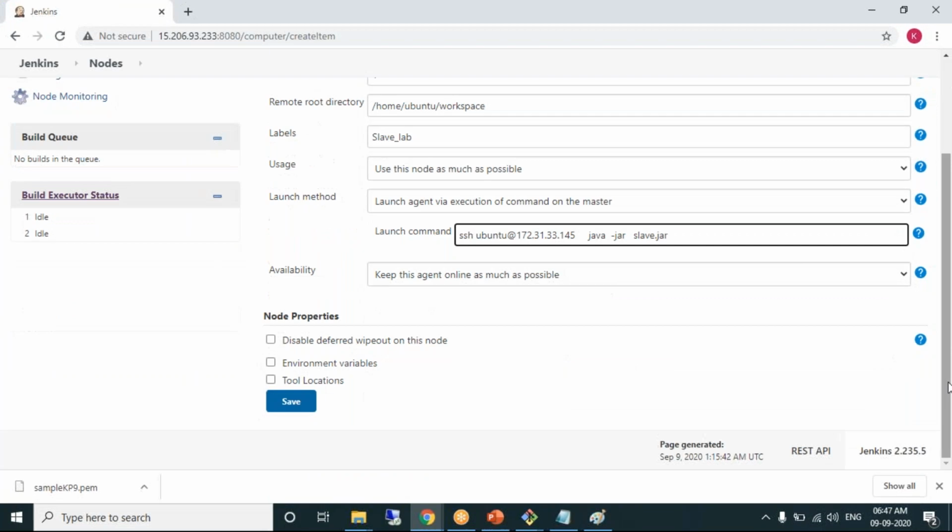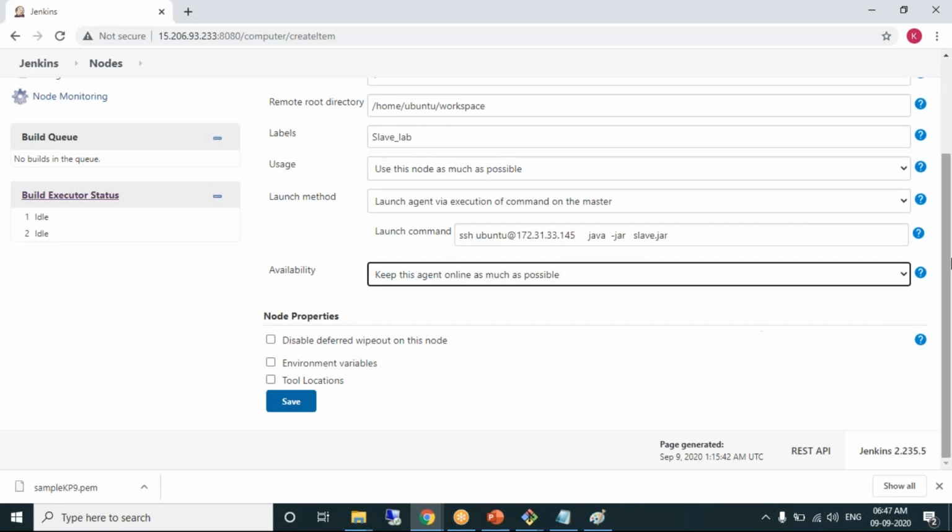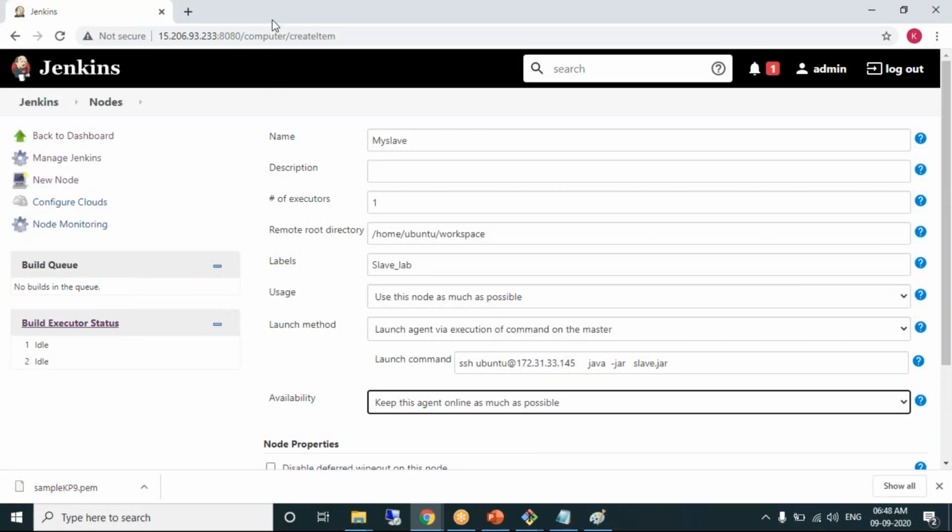That's it. Name of the node my slave, name of the label slave_lab. That's it.